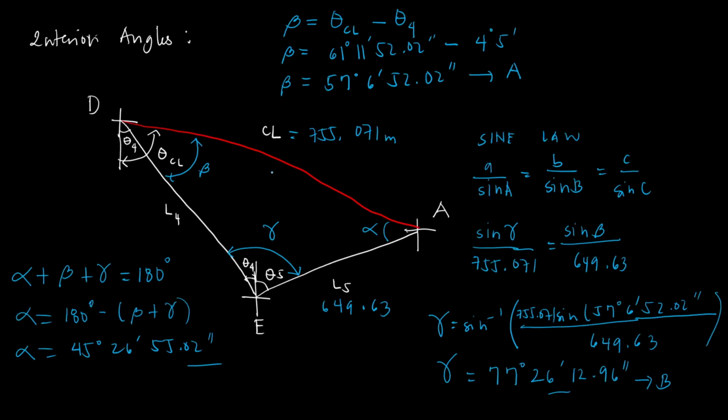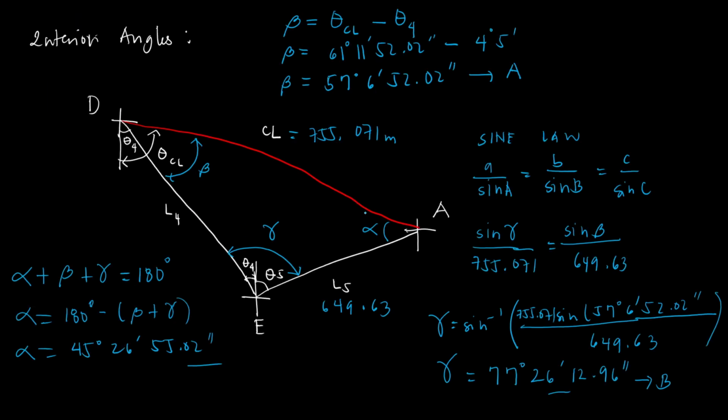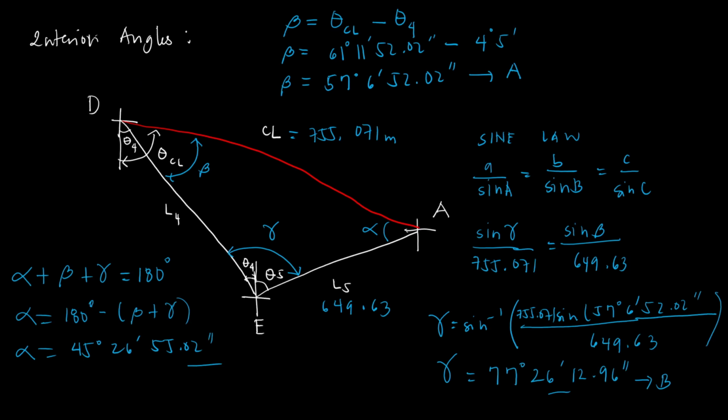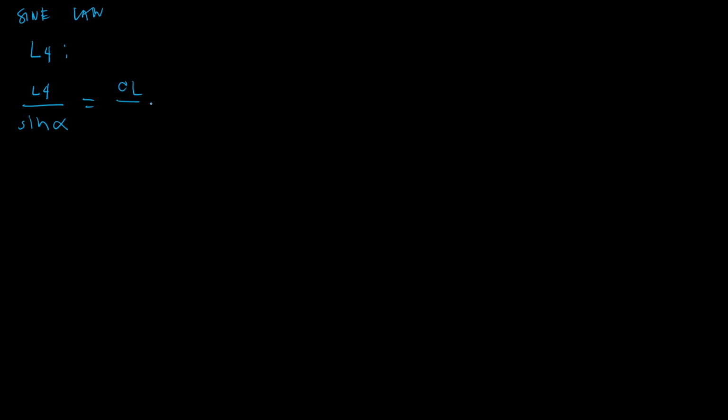So, pwede natin makuha using sine law ulit. So, L4, yung kapartner niya is alpha. Ito. And then, ito na lang, yung CL. So, that is L4. So, using sine law ulit. Ayan. So, kapartner niya is sine alpha is equal to CL divided by sine gamma. Ayan. So, makuha natin yung L4 is equal to,